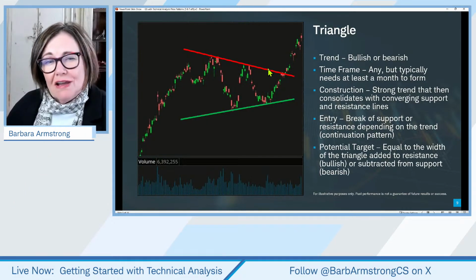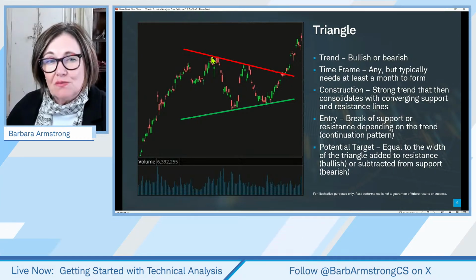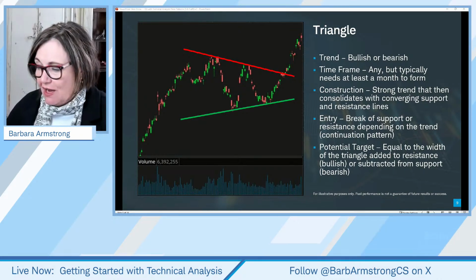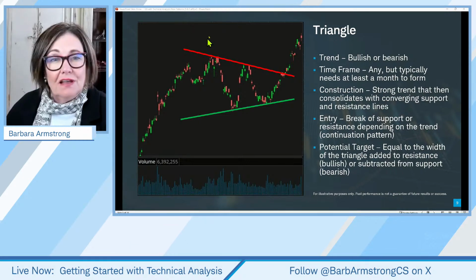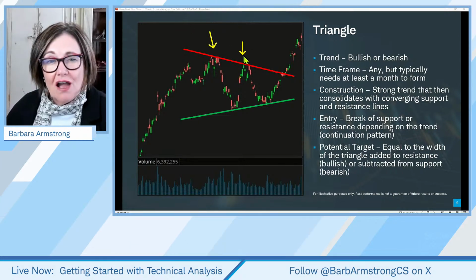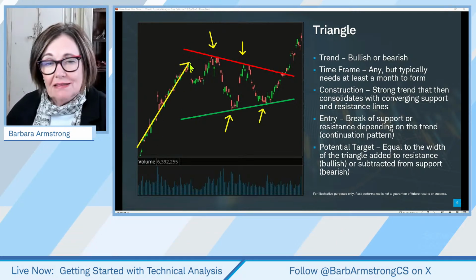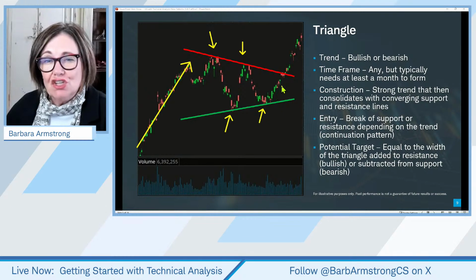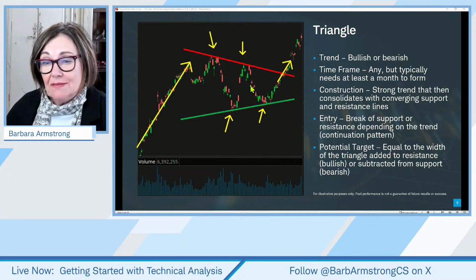So when we look at this triangle or pennant pattern, what are we seeing? Well, in this case, we're seeing a series of lower highs, and at the same time a series of higher lows. So we've got lower highs and higher lows following an uptrend. Some might expect that after this period of consolidation, it might break out to the upside. And sometimes it does, but not always.